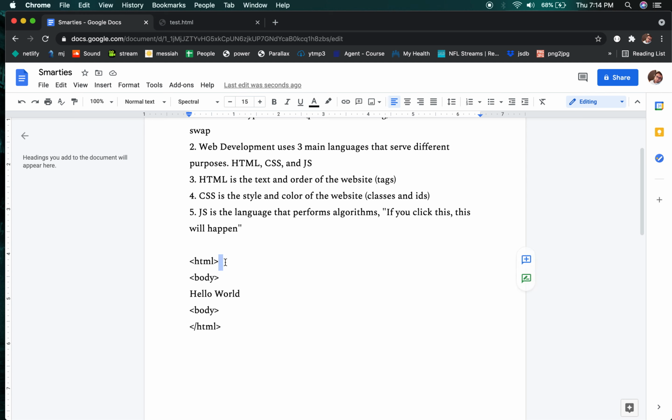Sometimes you might have stuff above it, like where you would put what shows up. Like here it says Smarties. Google has programmed it so that the title is whatever your title is. And that would go up here. But for now, just basics, body, and then at the end of the body, some of these tags are special, so you might not need to do the closing tag, but normally,